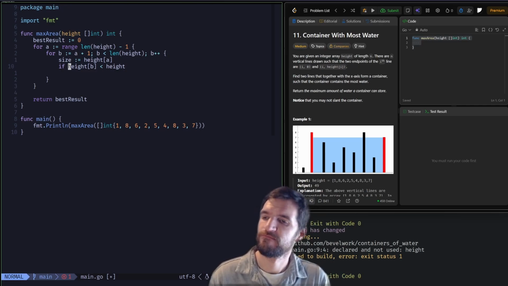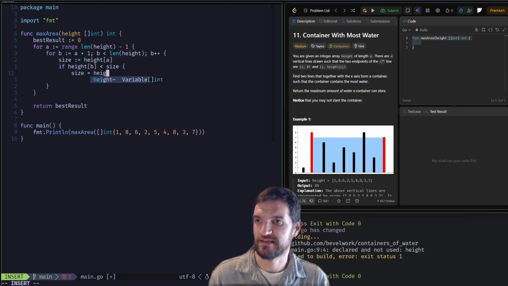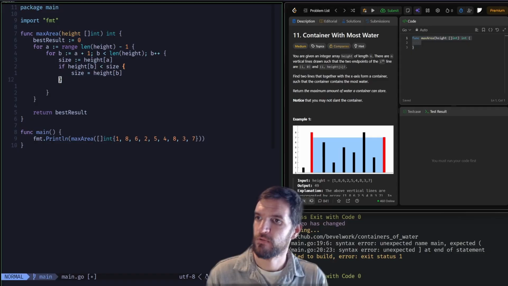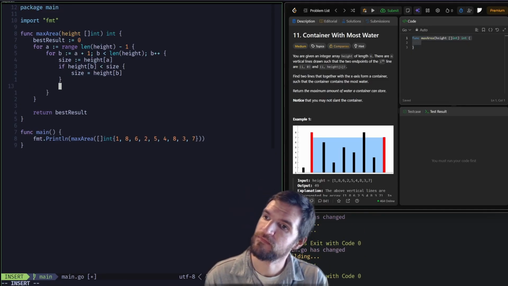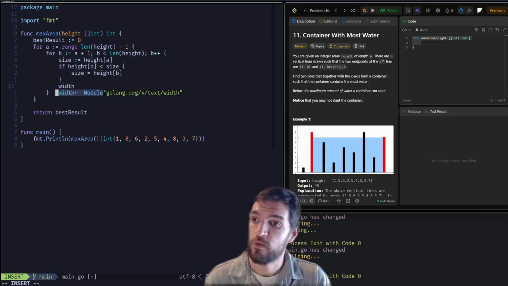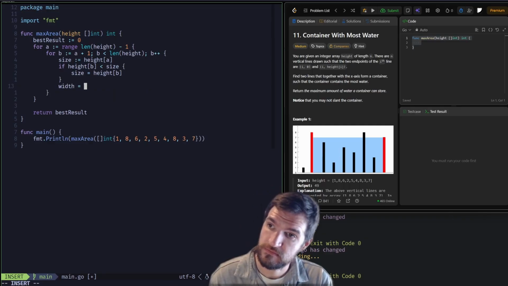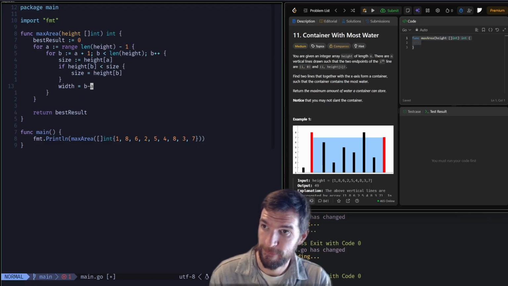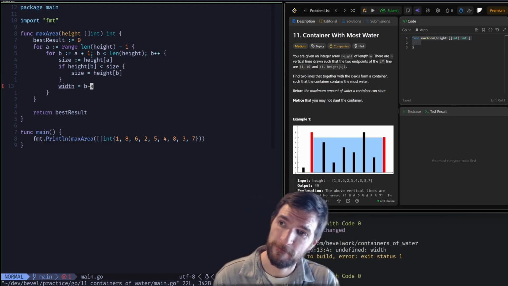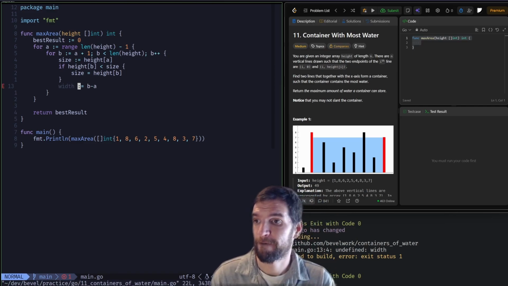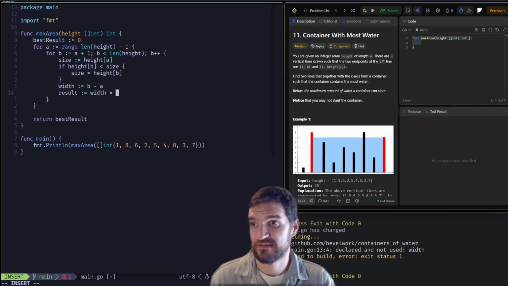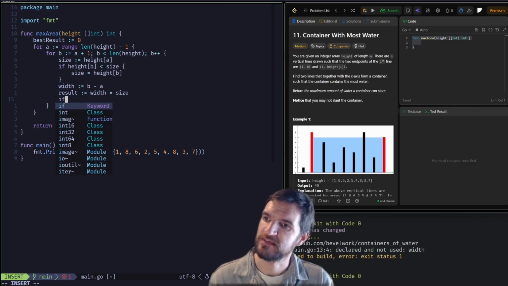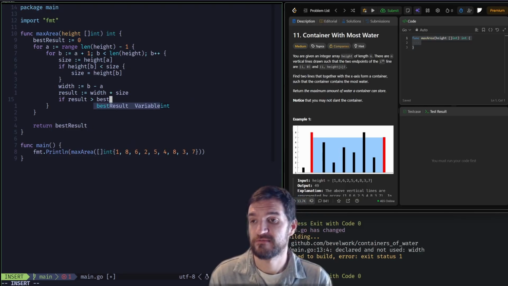Size is, if height of B is less than size, size equals height of B. And then I can say width equals B minus A. So this might be 1. Result equals width times size. If result is greater than best,